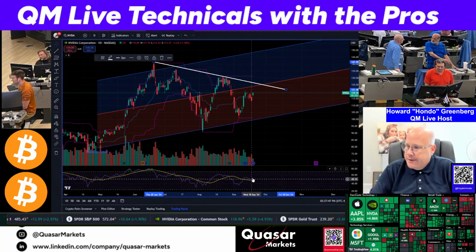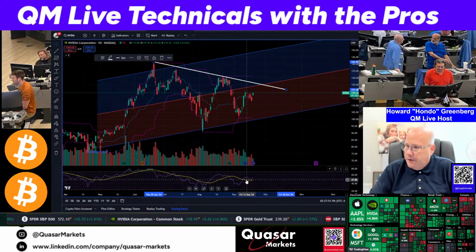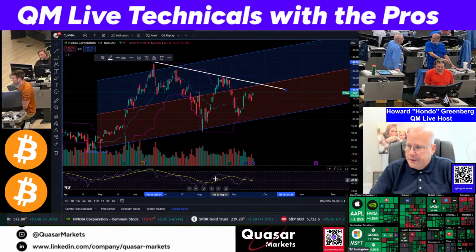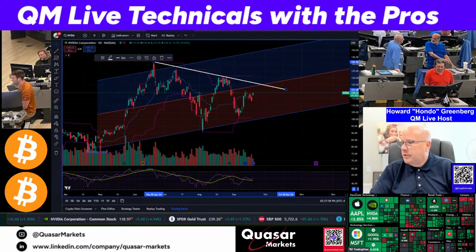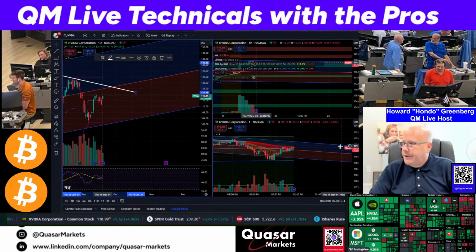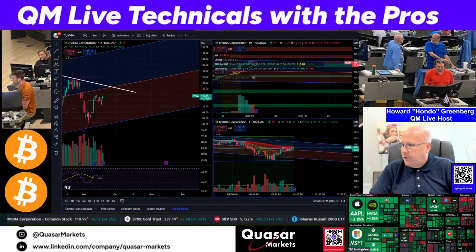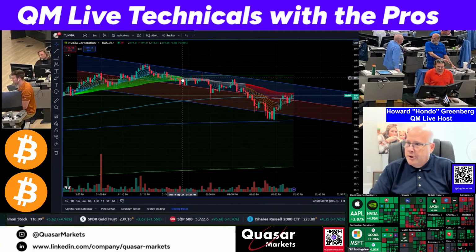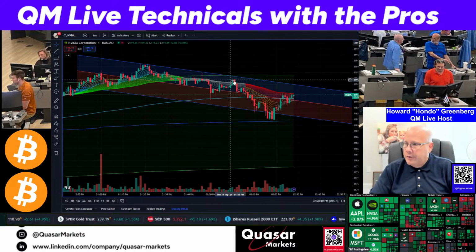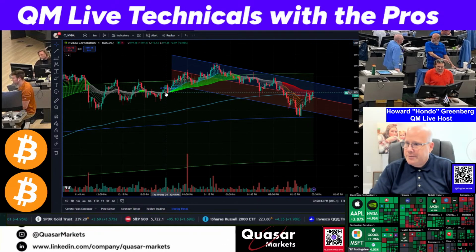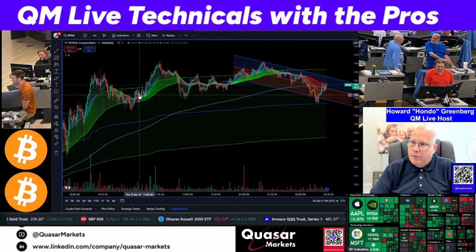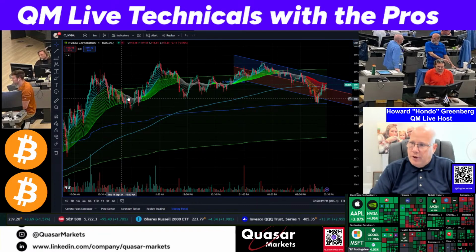RSI on the daily, we can see it did a good job of bouncing up from that 50 level or so, which is the midpoint. Once it breaks up off of that, it looks like it's done a good job. Today on the short-term chart, it's one that has started to turn over. You can see it started to look neutral on the Super Guppy here, and that's what's nice about the Super Guppy. It will make mistakes. In other words, it's not always the right indicator on this nice run up that it had,